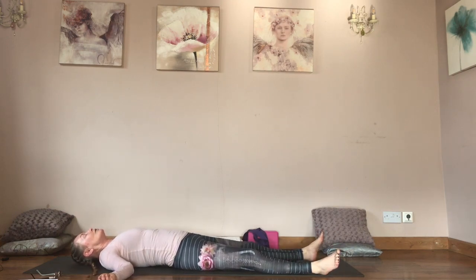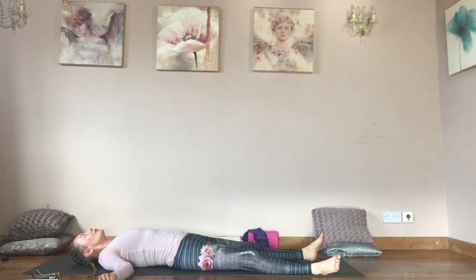So make yourself comfortable and let your body drop down. Find that quality of surrender. And allow yourself to move into a place of relaxation, of nourishing, of revitalizing your body. So you can pause the video, take as long as you've got to stay in Shavasana, a really important pose. And then when you're ready to come out, you can have a stretch